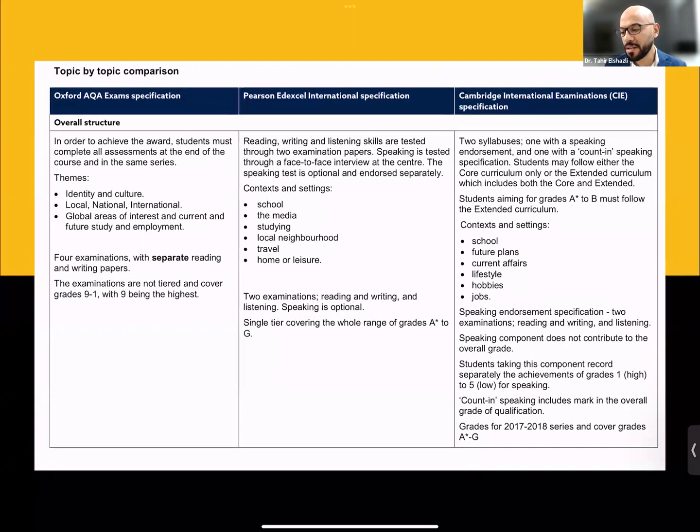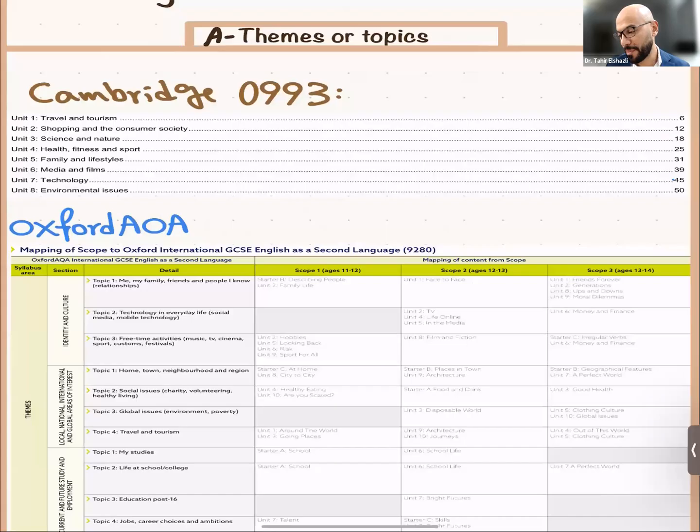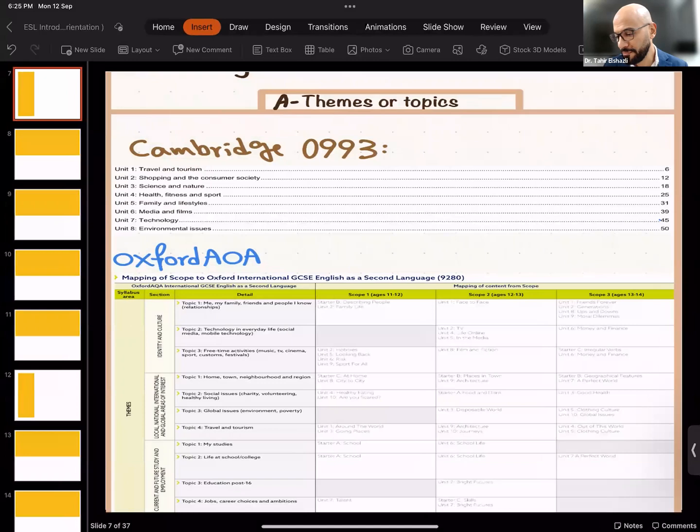طيب دي كده comparison when it comes to the topics. والtopics قلنا مهمة ليه؟ مهمة علشان التوبكس دي بعد كده هي اللي انت هتذاكر منها writing، وهي دي اللي انت هتذاكر منها reading، هي دي اللي المفروض يبقى عندك فيها expectation to find in the listening exam، وهي دي اللي انت المفروض تبقى fully aware of when it comes to vocabulary and grammatical tools that should be used when you write about similar topics. طيب تعال نشوف كده